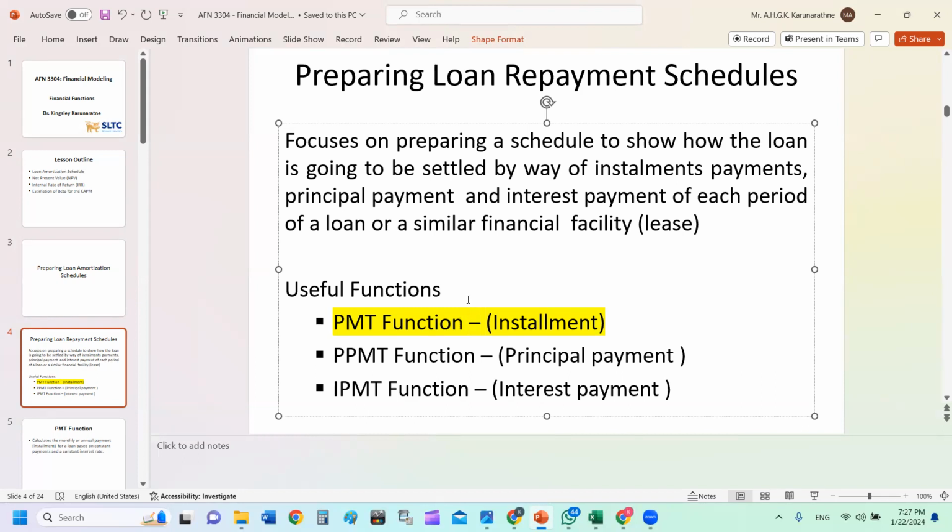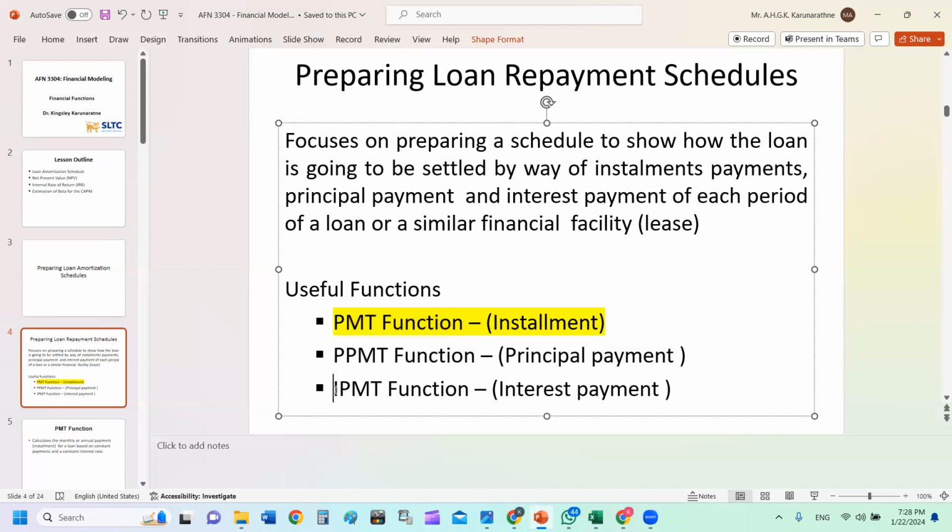Right. Using Excel, it is very convenient. We can easily prepare. So we'll see how to prepare loan repayment schedule with Excel inbuilt functions like this. Here we are going to use mainly this PMT function because the PMT function is the important function with which you can determine the installment. If you know the installment, you can prepare the repayment schedule even without the other